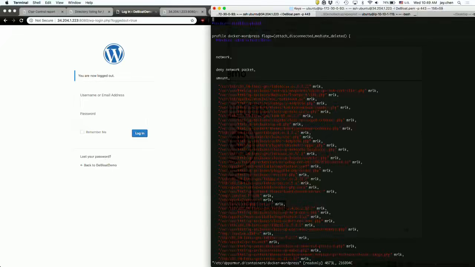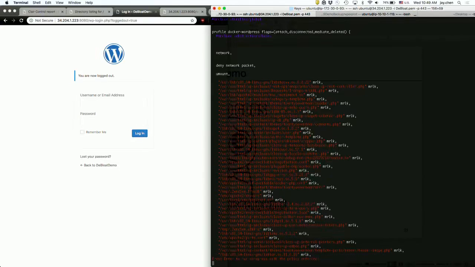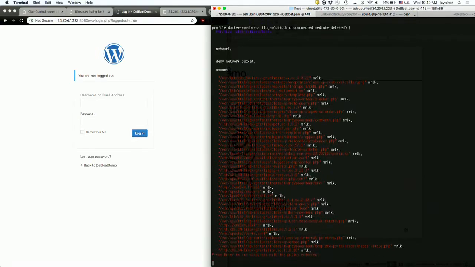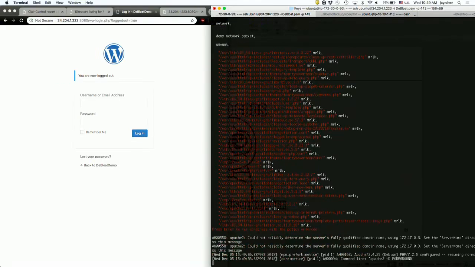So this is basically the policy that whitelists the files in the WordPress container, and this policy will only allow the functions that we observed during the profiling process. Now let's run the same container application again with this policy deployed in the kernel.